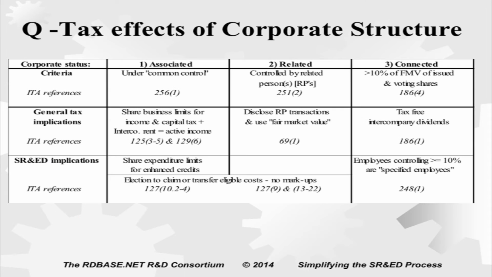So the company's Mimitex. Okay. One thing, I've got a bit of time. I won't go too much into that. But people often confuse the difference between associated common control, related companies, and connected companies. So if anyone wants to talk about that later, we'll talk about it. But just the criteria there and the tax effects.